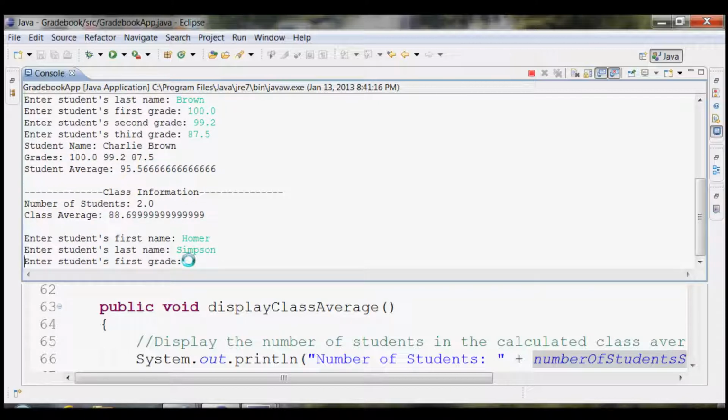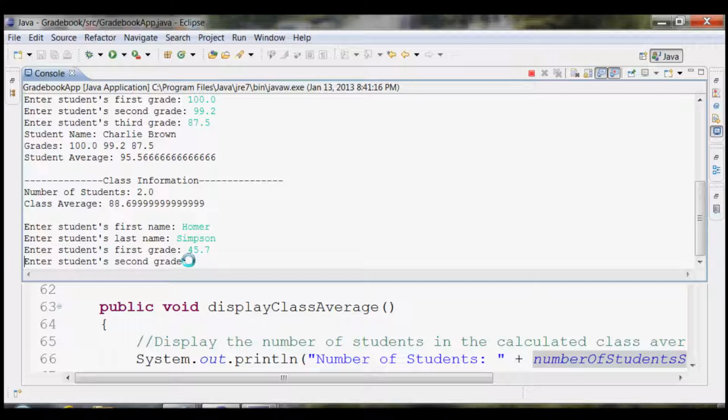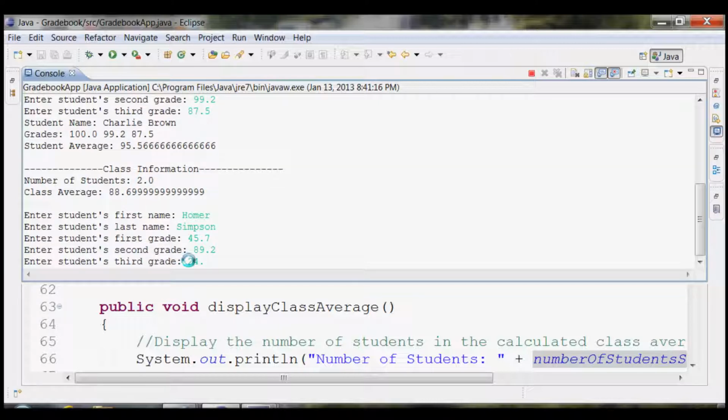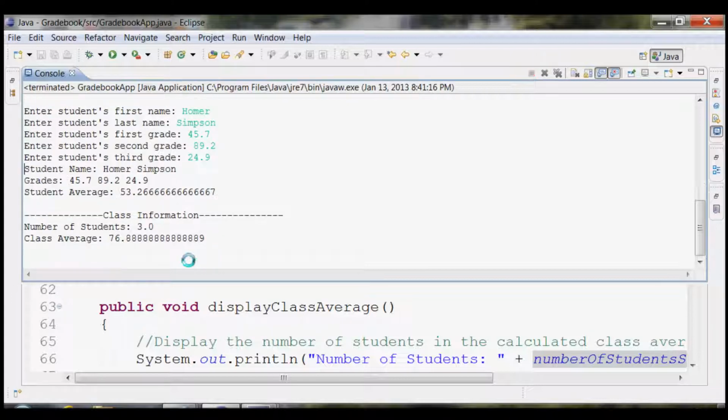and he got a 45.7, 89.2, and a 24.9. All right, and now you can see that it displays his average, and it also shows how his average influenced the class average. The last thing that I wanted to talk about